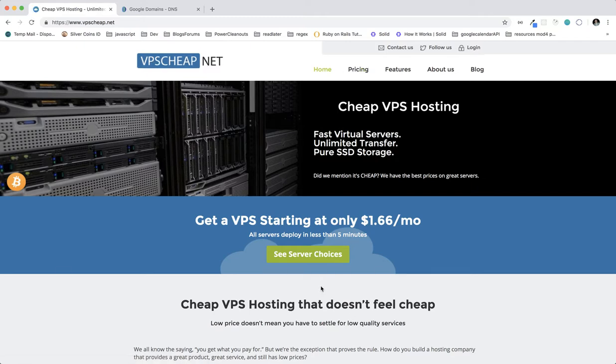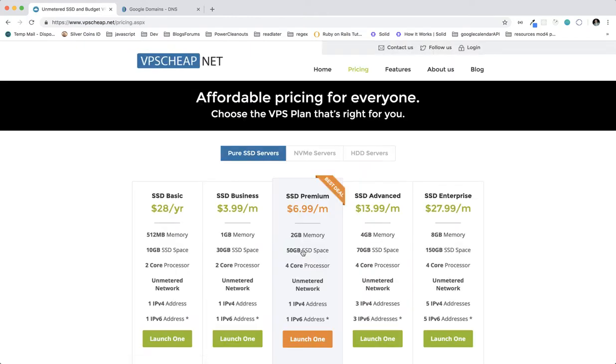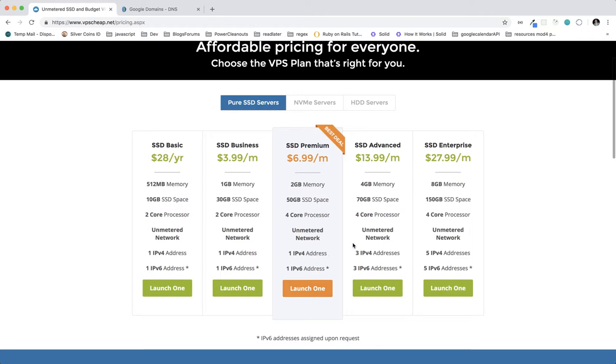If you go to home, you can click on see server choices and they have all these different choices that you can choose from. I went with the $28 a year. I actually paid 15 bucks for 6 months, but I kind of wish I would have done this one. It's $40 for the year or $21 for 6 months. It gives you a little bit more storage space and you get 1 gig of RAM on your server instead of 512 megs. All right, so what you want to do is click on launch one,